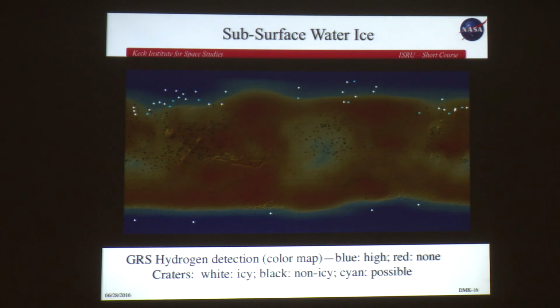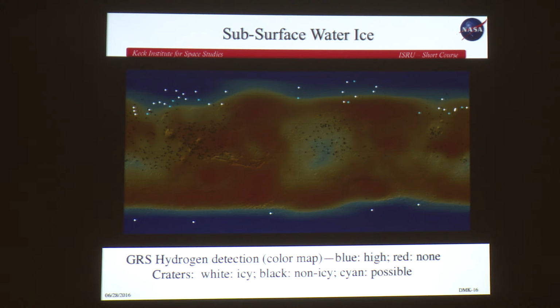As was noted earlier, there is water ice on Mars, and this is a measurement of the amount of hydrogen that's been detected. So this is a detection of either hydrogen, or of water ice, or it could be hydrated minerals. The polar regions have a lot of hydrogen in them. There's water ice close to the surface or at the surface at the actual North Pole. You can also see these regions here, which are more highly hydrated minerals in the equatorial areas, probably.